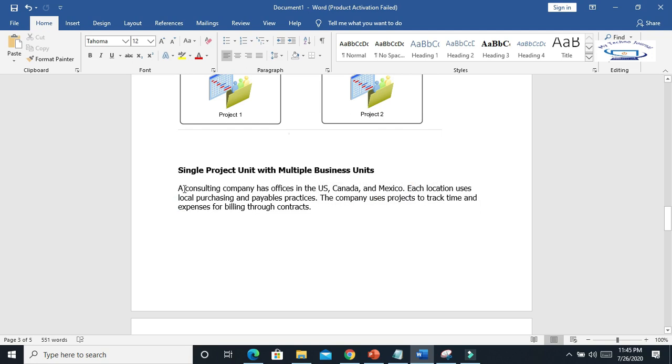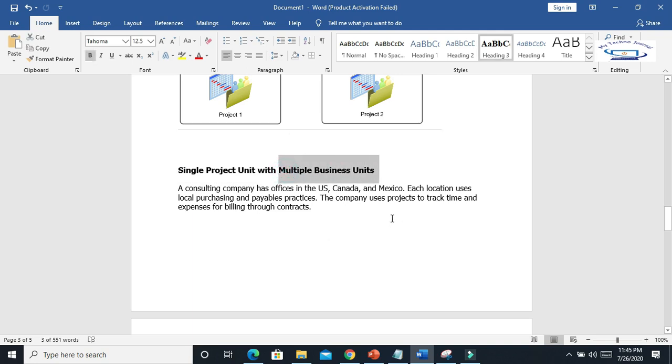So here the service is one. The company is engaged in only one kind of service and that is consulting. So for this purpose, only one project unit is sufficient. No need to create multiple project units. So you can create one single project unit with multiple business units.